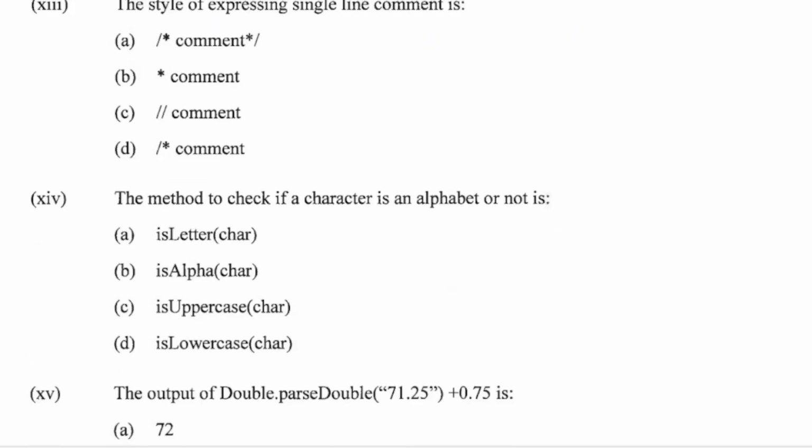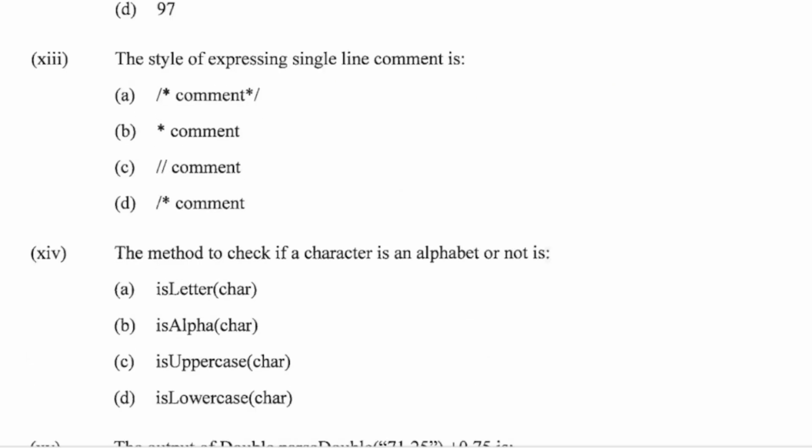The next question is: the style of expressing a single line comment is, then option A is slash asterisk comment asterisk slash, option B is asterisk comment, option C is slash slash comment, and option D is slash asterisk comment. And here the correct answer is C. The next question, question number 14, says the method to check if a character is an alphabet or not is, and the correct answer is A, isLetter. And isLetter is defined in the Character class. So if you have to check, you will say Character.isLetter, and then you will pass the required character as the